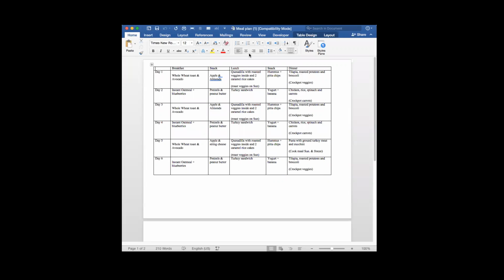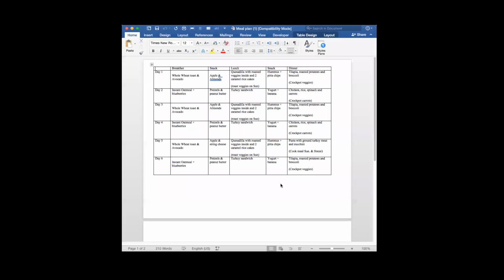Now, each day I've varied it up a little bit so that I'm not so bored with the same meals every day, but also not too many meals that I can't use all the products that I buy at the grocery store, because I don't want to overspend either, and I don't want my food in my fridge to go bad.